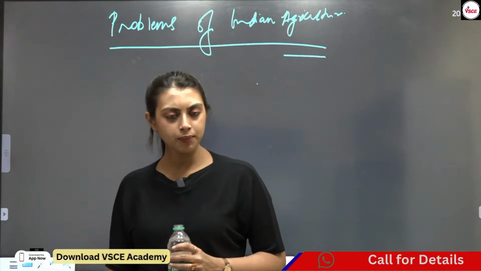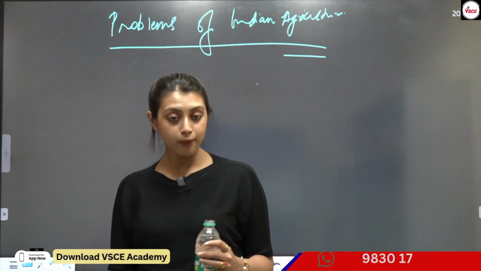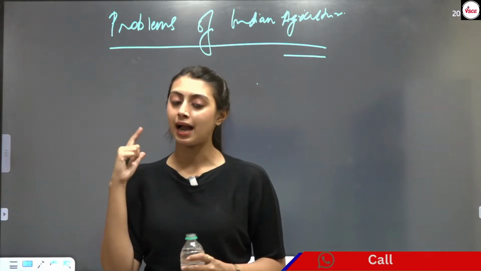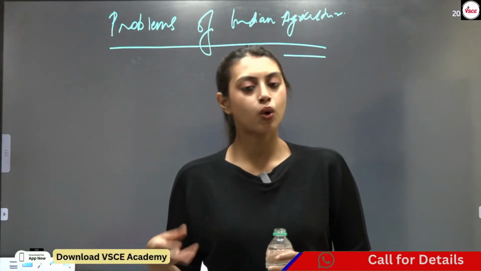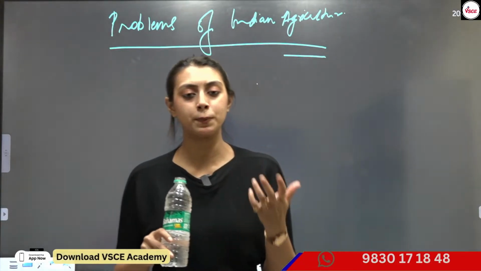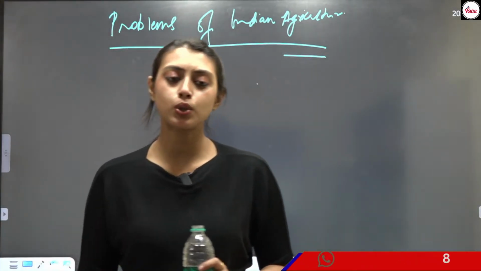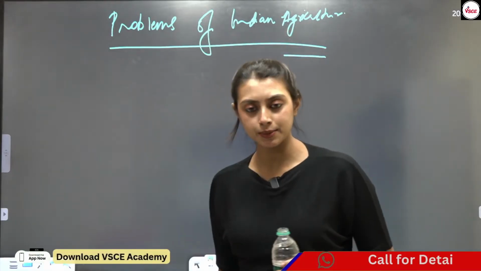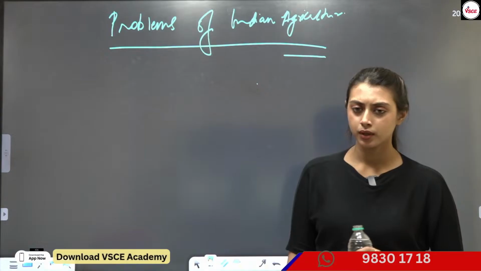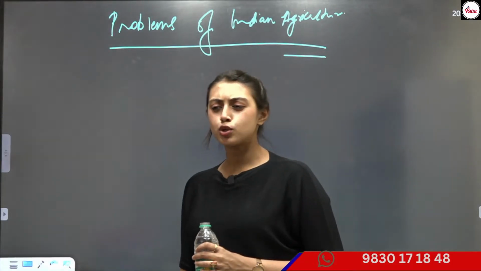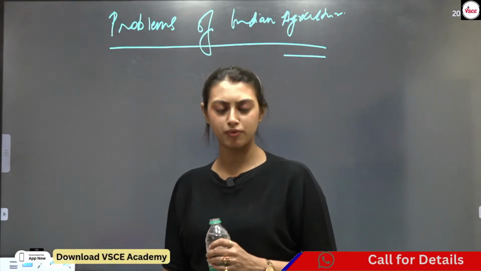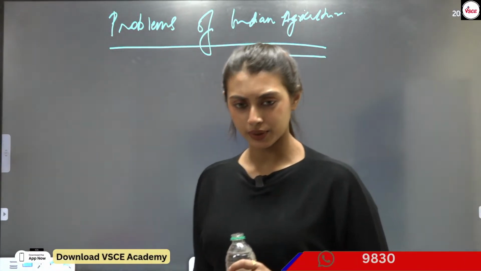Where is the funding from the government? It's not there. Now it is, of course, but in the previous sector, the problems that we are going to discuss, at that time it wasn't present. So what did they do? They borrowed money from the money lenders, and eventually they fell victim to their exploitation. So that actually led to a lot of farmers' suicides, a lot of farmers' movements. We have read about it. We have an idea about it, right?